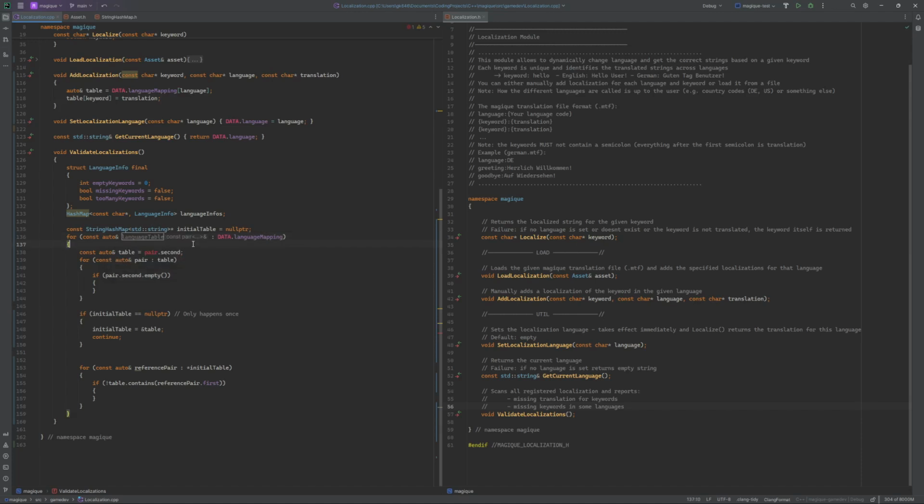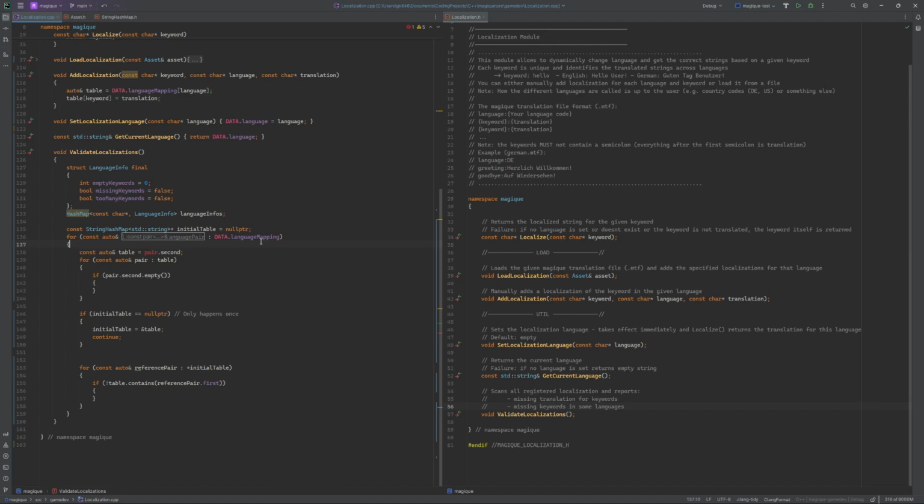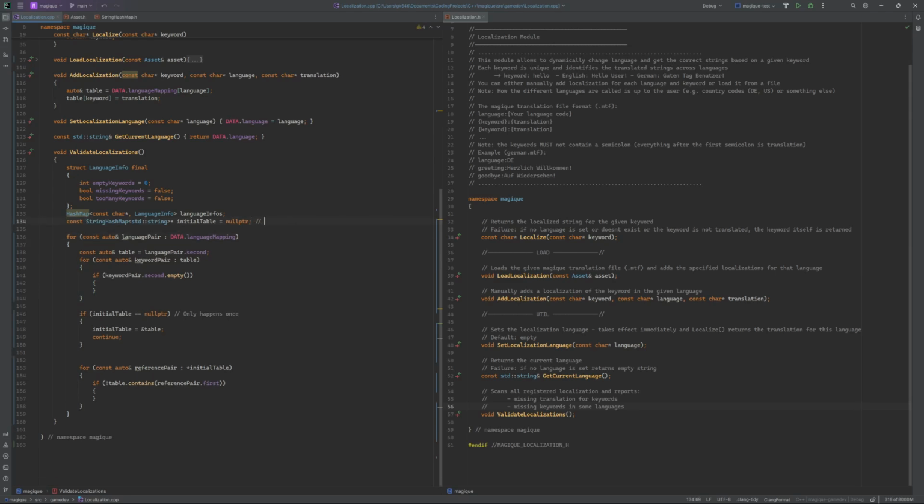I guess it's the language pair, that's second, that's then the table, and then the table contains the keyword pairs. So then if keyword empty, table, so compared with